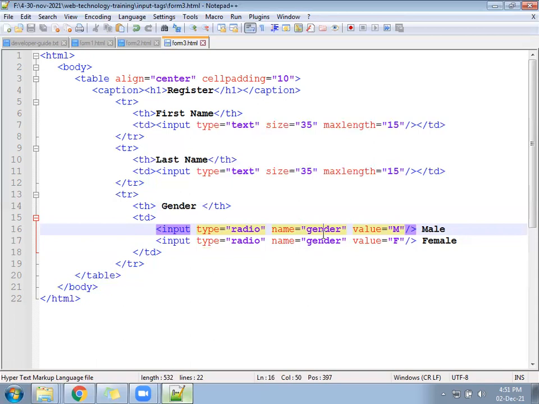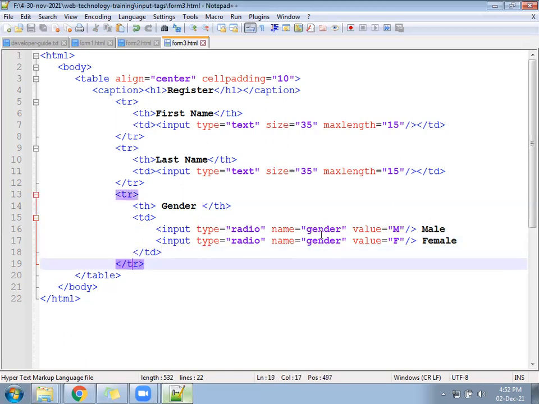So the browser works like this in terms of radio buttons. If you have 2 radio buttons, 3 radio buttons, 4 radio buttons, it is for those purposes only, where out of multiple, users should select anyone. But again, the question is, if you do not give the name property as common, the user can select all radio buttons. So in that case, we have to write the name as common, but the value will be different. Suppose a person selected male. That means gender is the variable name, male is the value. If a person selects female, then gender is the variable name and F is the value. The variable remains the same. The value will get changed.